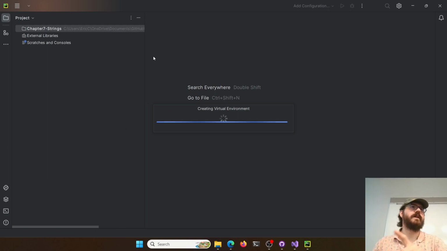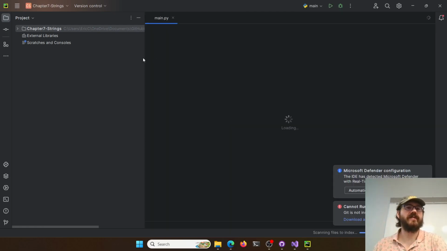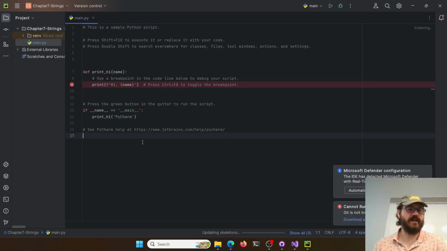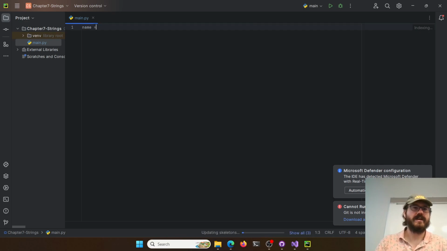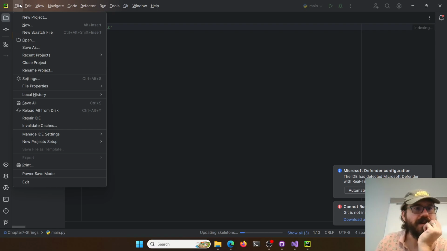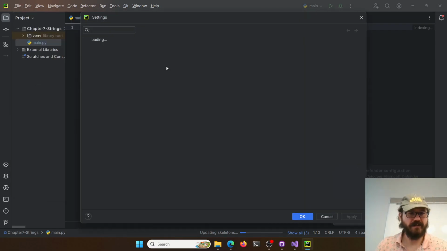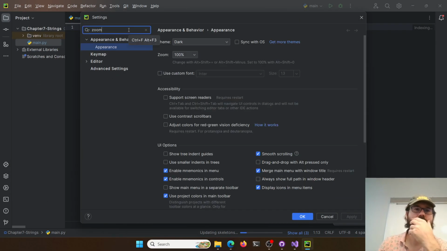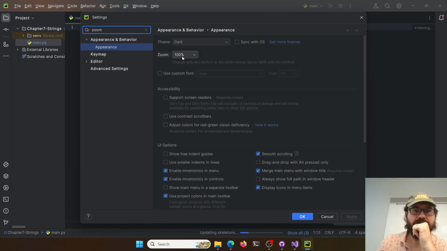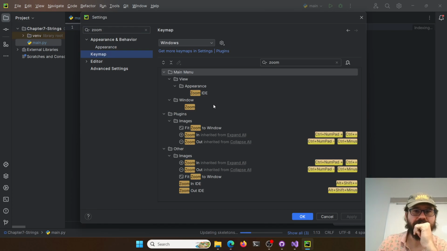So we've gotten one character out at a time with strings, right? Given a string, we can use square braces and say, give me a character at a specific index. So I said, hey, name with Eric. Oh, that's really small here. Zoom's not set. Where's my zoom? I want the key bindings for zooming in the IDE.